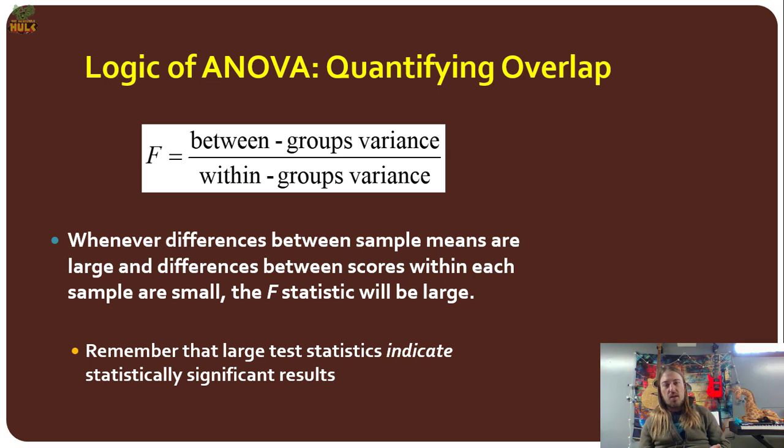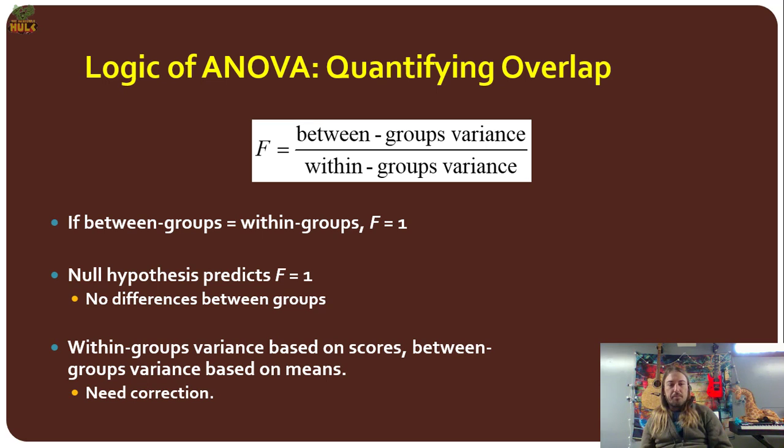Just like with our previous tests, we need to find out what our critical comparison value would be. It may be a 3, a 4, a 5, depending on our degrees of freedom, and we compare our obtained F ratio to that critical value in order to determine if we have greater between-groups variability than would be expected due to chance alone, and thus likely a difference between our various samples. So I think this essentially covers some of that, but the one thing I want to add to that